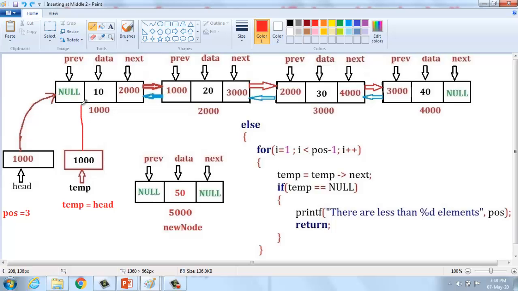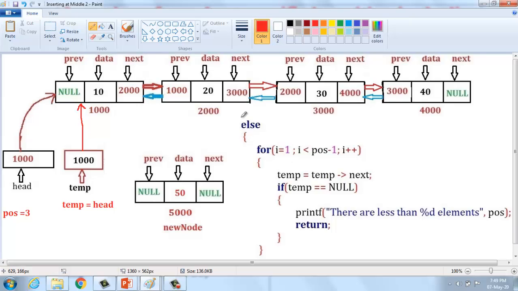So what is important about a temporary pointer? My aim is to insert at position 3. The head pointer does not move from one node to another node to reach the destination, but the temporary pointer can move from the first node, second node, third node, and so on, until it reaches the destination. My aim is to insert at position 3, that is, the third position. The temporary pointer identifies the previous node destination. This is my destination. It is going to identify this destination, that is, the previous node field. How can I identify it?